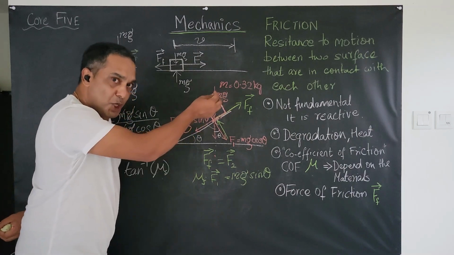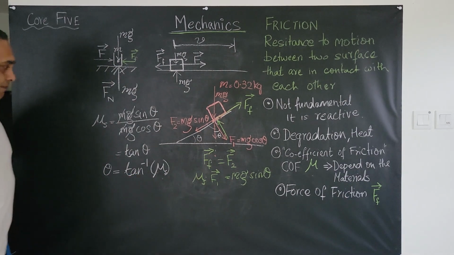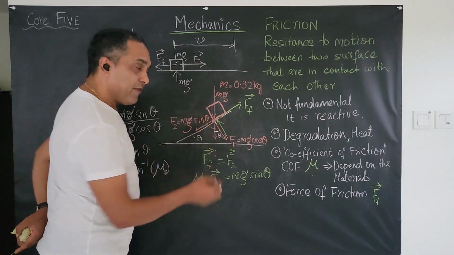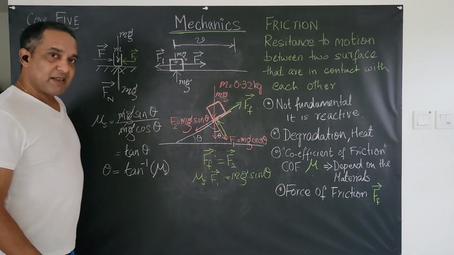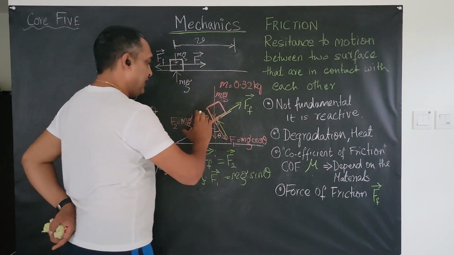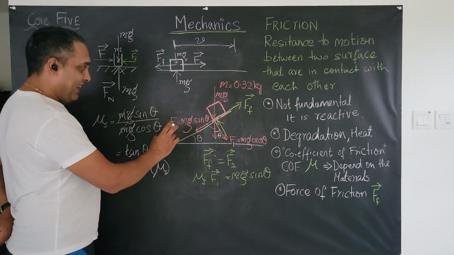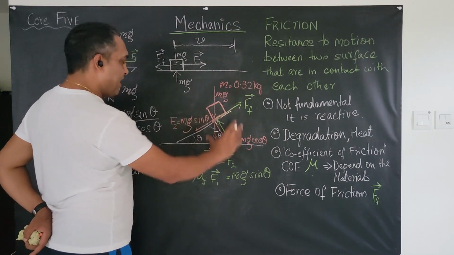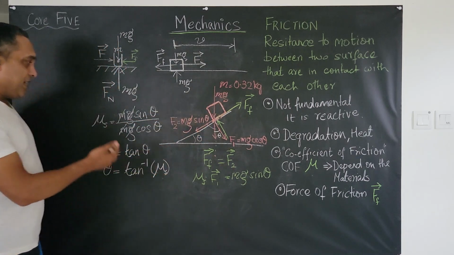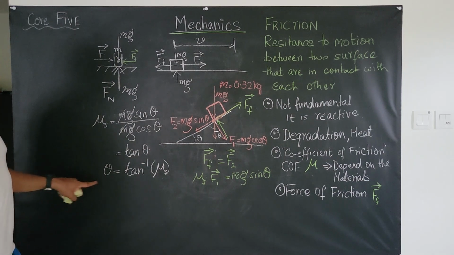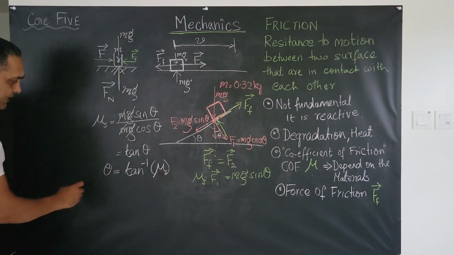But if there was motion, it would be mu kinetic. If there was motion. And if it was motion at, you guessed it, constant velocity. Because at constant velocity, there is no net force acting, right? If I have this object falling at a constant velocity, then we know that its motion is perfectly balanced with frictional resistance and the component of gravity pulling it down. You would have the exact same math that comes in, and you could just write theta, but for the sake of static friction, this is also called the